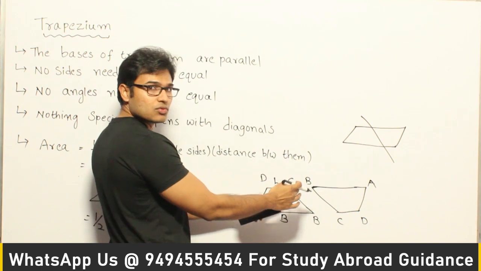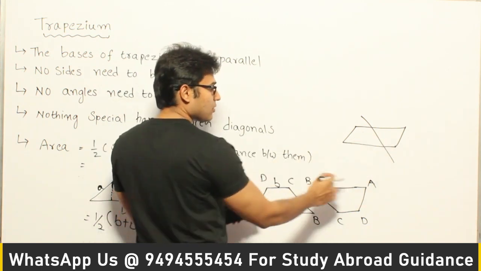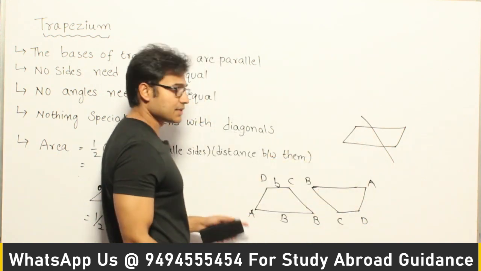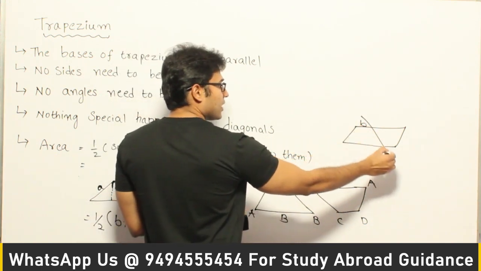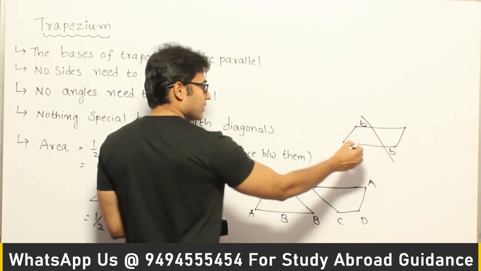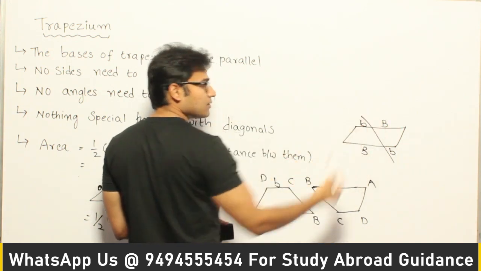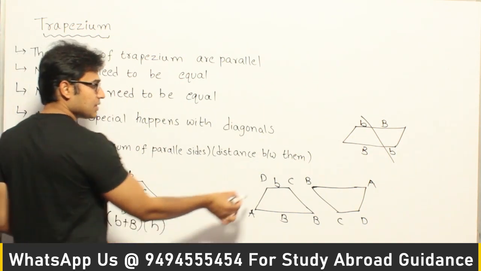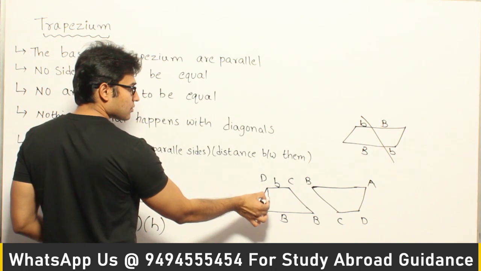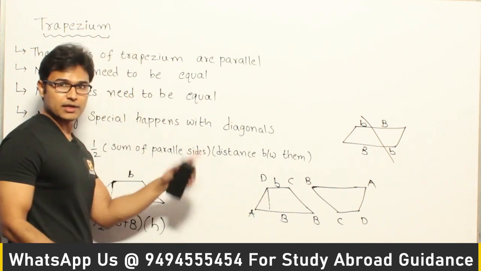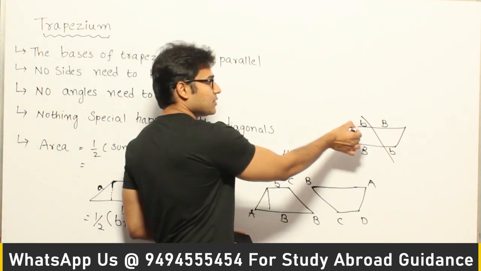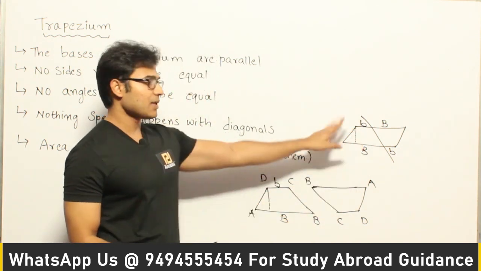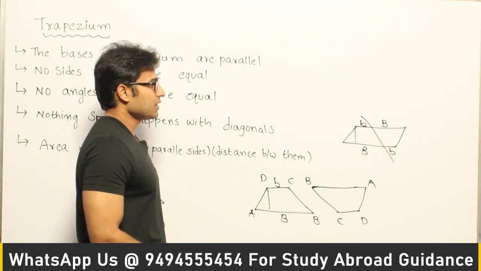If I merge these two, this entire thing is as good as taking a parallelogram and cutting it like this. This particular line is going to be the division line in such a way that this side and this side will be equal, and this side and this side will be equal, right? Now that is nothing but a parallelogram, and whatever is the distance between these two, that is the height in the earlier trapezium, will also be the distance between these two. Right, therefore the height of both the trapezium and this parallelogram are the same,